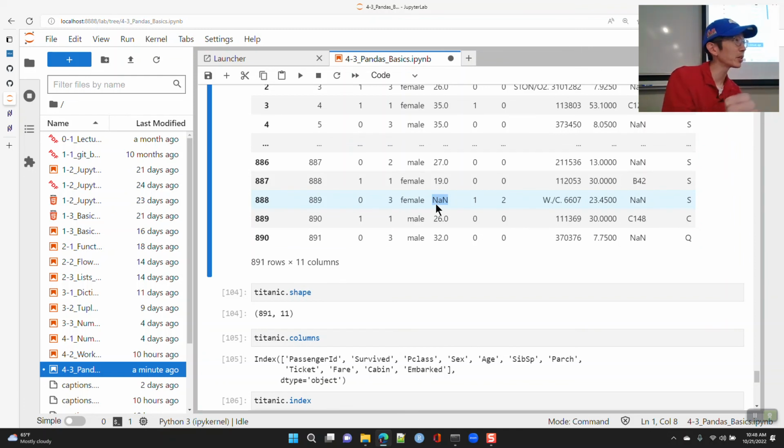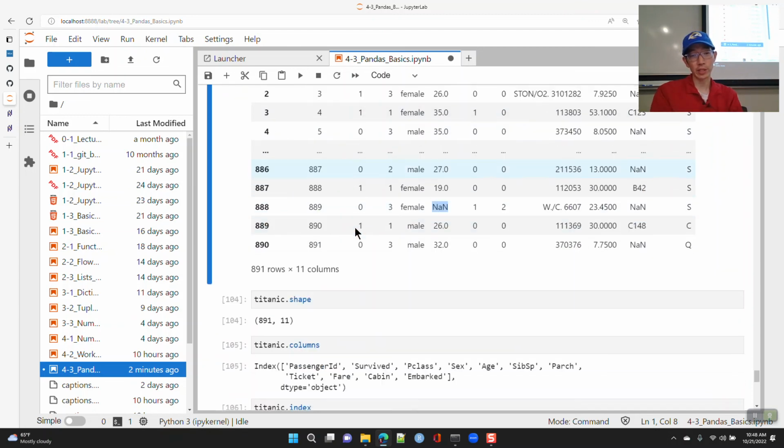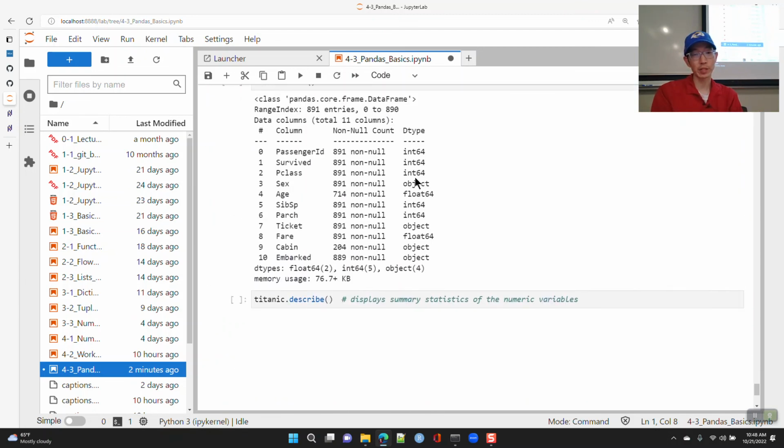If you have a numeric column and you have nans, it's going to upcast those into floats, because there's no nan for an integer. So nan is always a float. If you put a nan inside a column of integers, it's going to upcast all the integers into floats. Whereas survived and passenger class had no missing values, so those can remain integers.